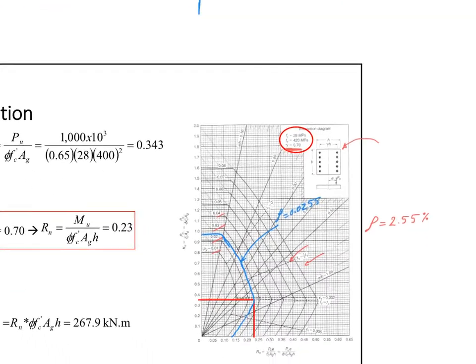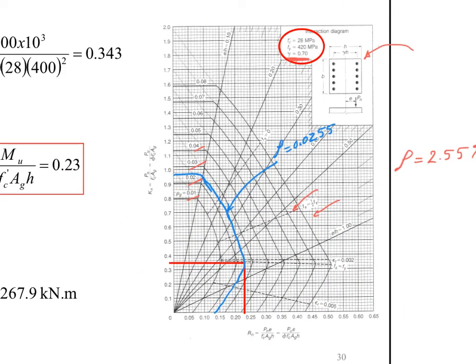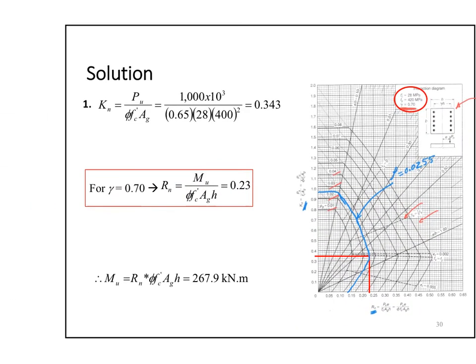Now, my two values that I'm looking for are the Kn and the Rn. Very simple. I have the first and second equation. One of them contains mu and asks for the pu. The other one contains the pu and asks for the mu. So in this case, knowing the pu, I can calculate the Kn by dividing by phi f prime c area gross. I got